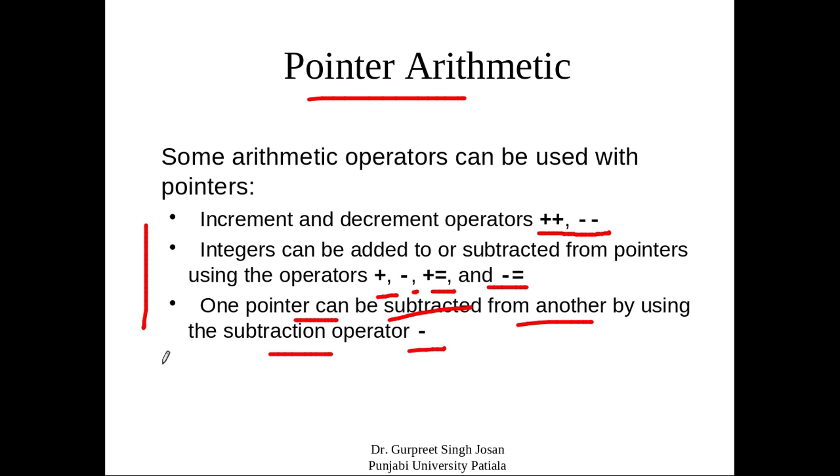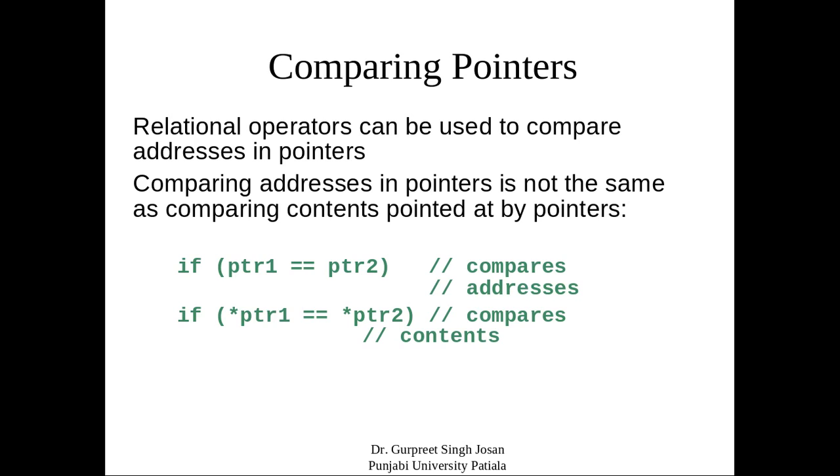So this is one point to note. We can add some constant value to the pointer, we can subtract two pointers, and we can use the equal operator with the pointer, but no other operator is allowed with pointers. We cannot multiply or divide two pointers, but we can compare the pointers. In the relational operators, equal to, less than or more than can be used.